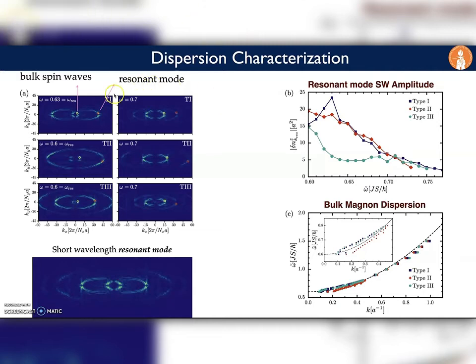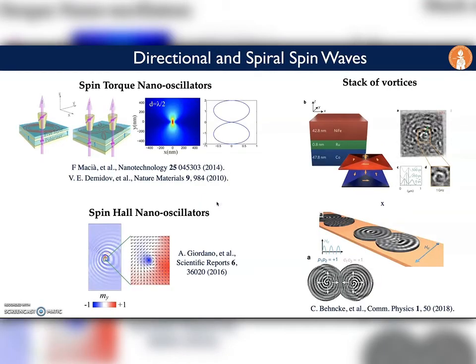On top of this mode, we also identify a long wavelength mode, indicated here by this yellow circle. That is the usual spin wave mode expected for the ferromagnetic bilayer, with a quadratic dispersion plotted here. We see here the evolution of these two modes as we increase the frequency. So the short wavelength mode loses its intensity, while the long wavelength mode will dominate over the magnon spectrum.